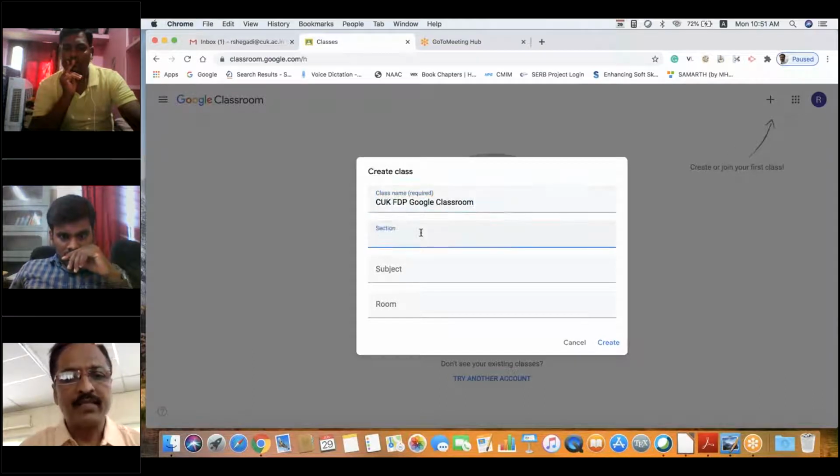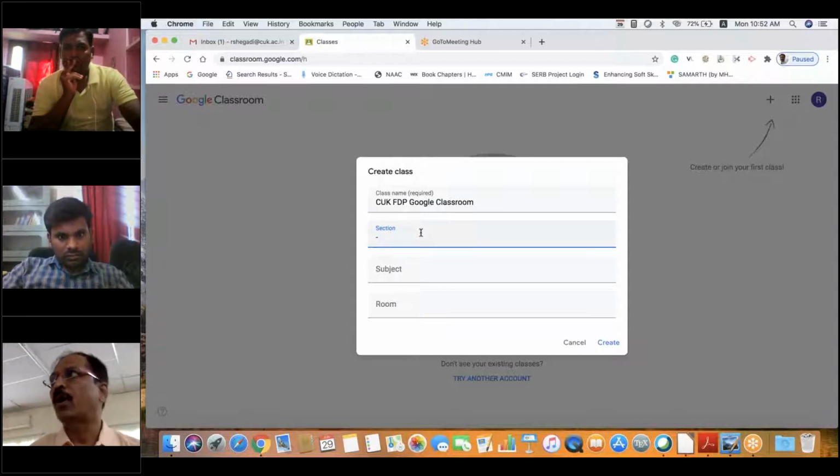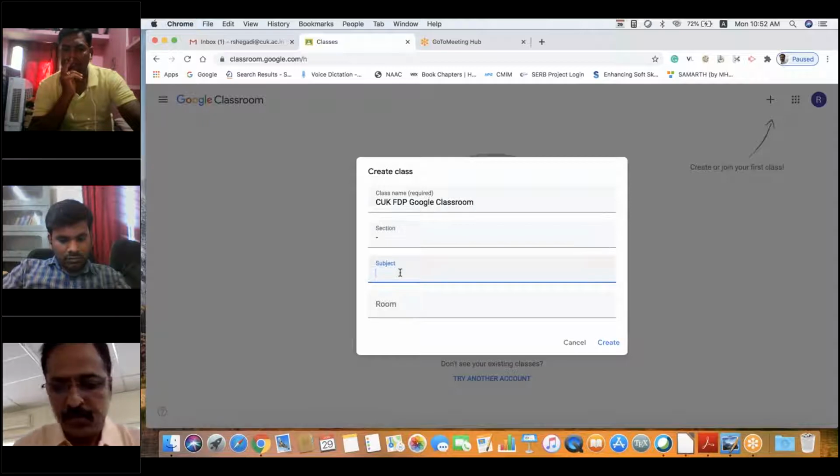It will ask for the section. If you have a section among the class, you can give it; only the class name is required. That is compulsory. Section, subject, room number, these are all optional. You can give them, or if you don't want, you need not give them. Then subject: whatever subject you are going to teach to that class, you can give. I will just write Google Classroom.